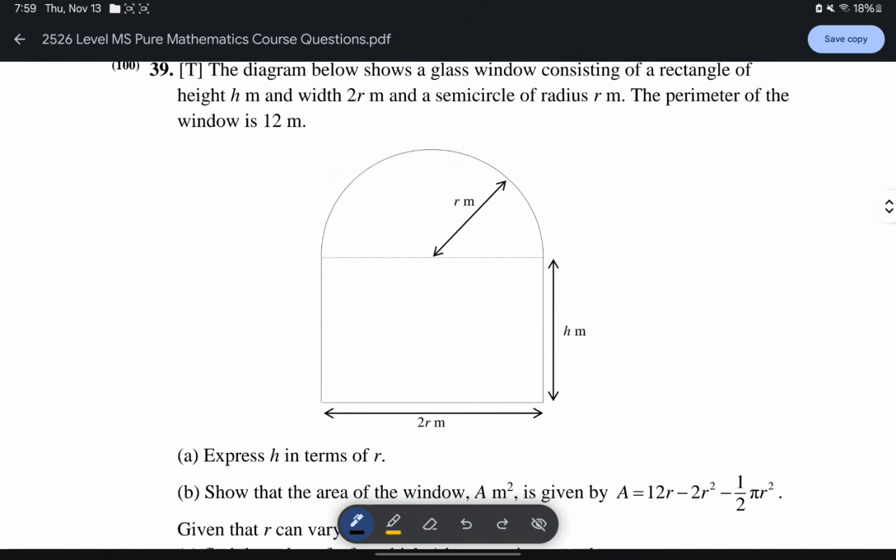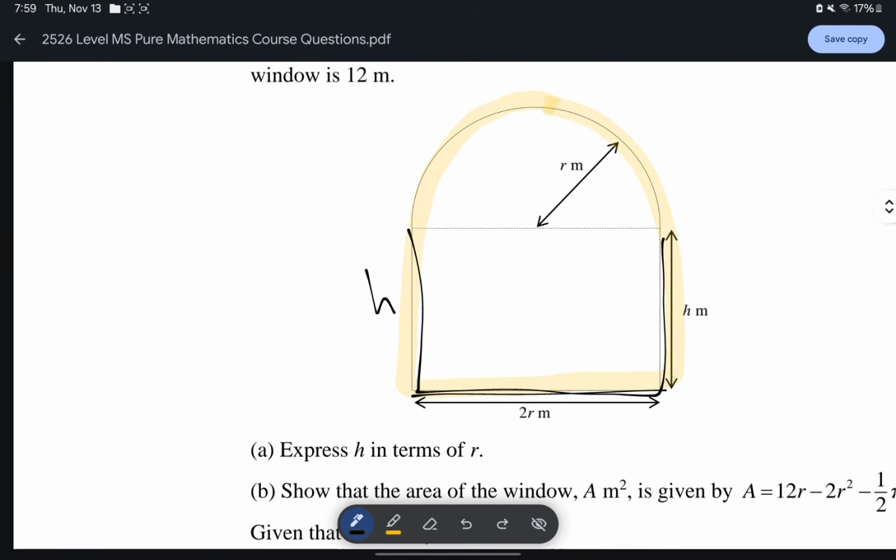Okay, we have that all of this together is 12. So we'll split everything into pieces so we can do it together. This part here is h, this part's h, this part here is 2r. So when you add all of these up, it's h plus 2r plus h, now plus this